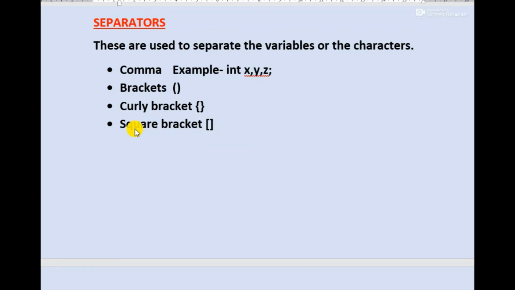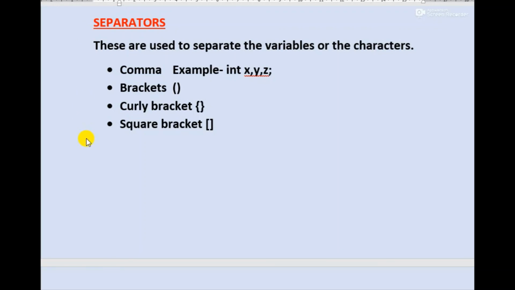The last one is square bracket, which is used whenever we are using arrays in a program. Array is a new term for you, so we will discuss arrays later in upcoming chapters. For now, simply understand the use of the separators token in a Java program.